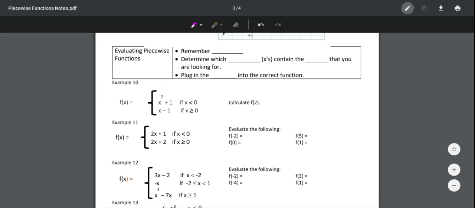All right, so we're going to evaluate piecewise functions real quick. And when you do that, you want to remember, first of all, that f of x equals y. And this is a point x, y, okay? And first we're going to determine which domain or x's contain the value that you are looking for. And then we're going to plug it into the